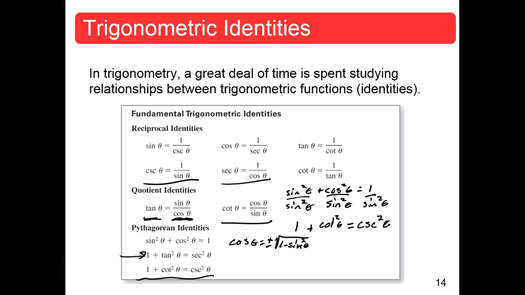Figure out where you are, Waldo. If you're in the first quadrant, which one do you use? Positive, because cosine is positive in the first quadrant. If you're in the second quadrant, negative, because cosine is negative in the second quadrant. If you're in the third quadrant, negative again, because cosine is negative in the third quadrant. If you're in the fourth quadrant with theta,